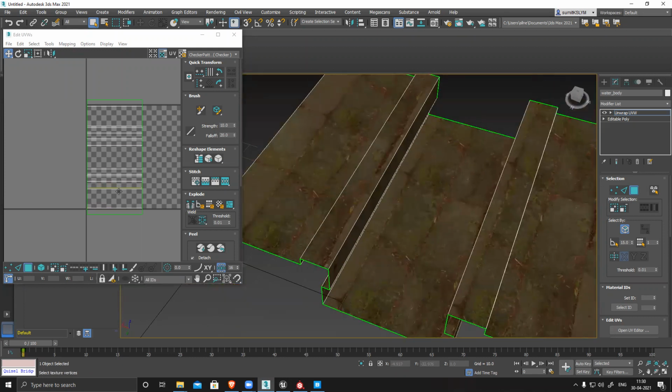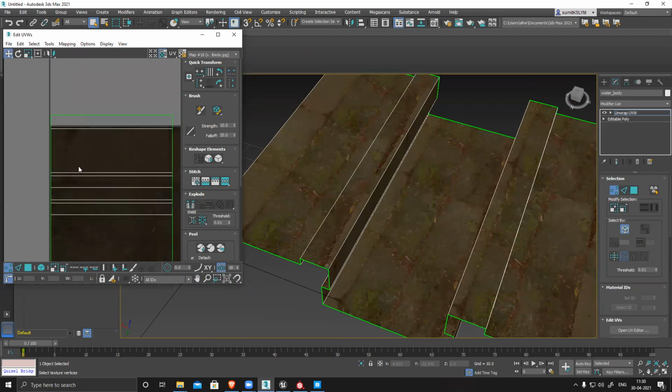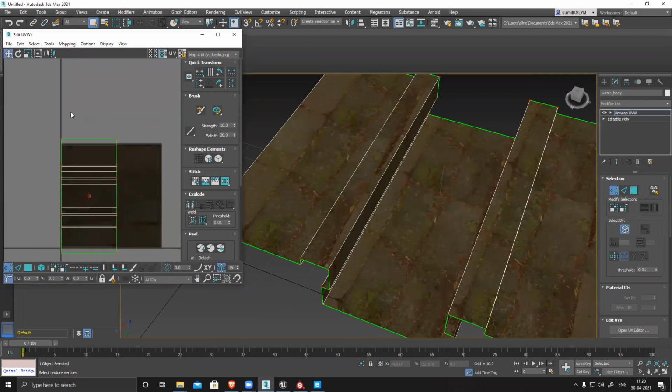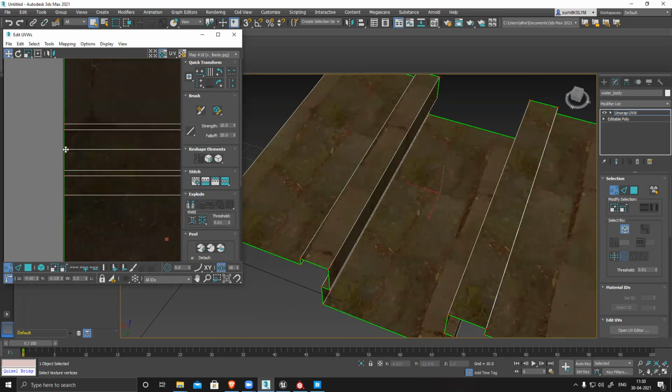So now what I have to do is forget about everything, only vertex mode, and open your texture, this thickness. So select everything and move it.